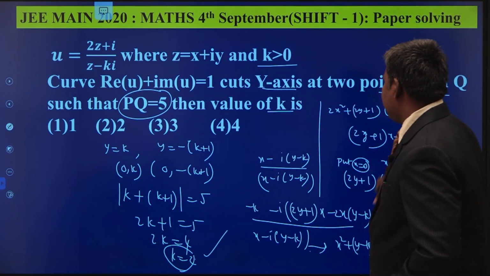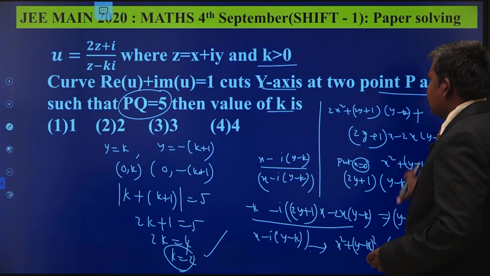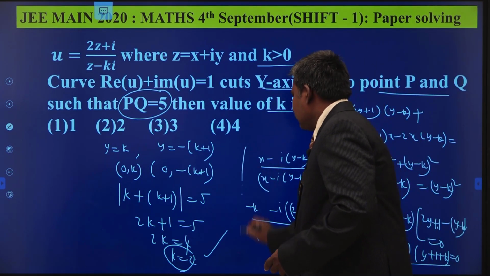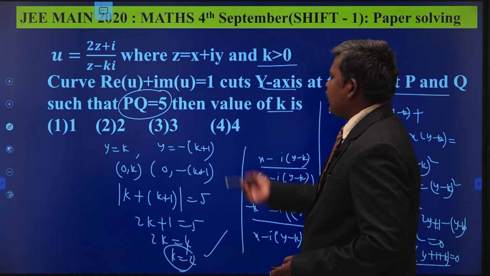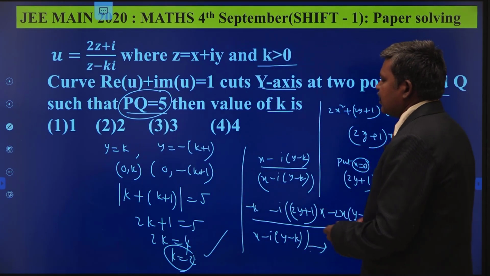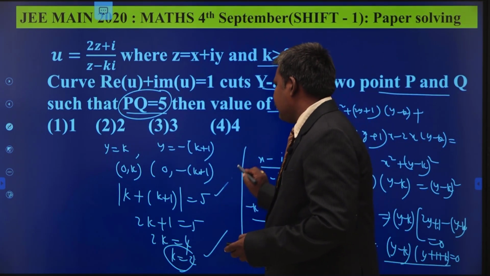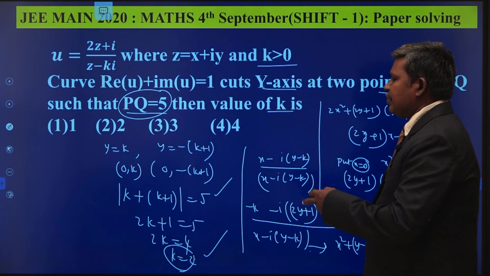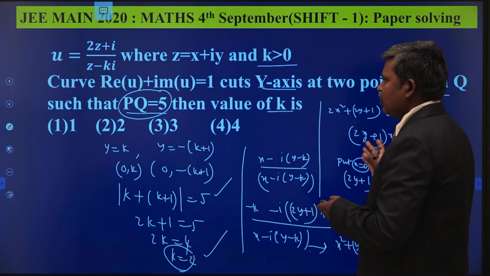So it is a little bit of calculation. That is why you have to write in the form a + ib and then go for the distance equal to 5. The distance between the 2 points of intersection is 5 units. That is why I am equating that distance to 5 units. The distance between (0, a) and (0, b) is |a - b|. Okay.